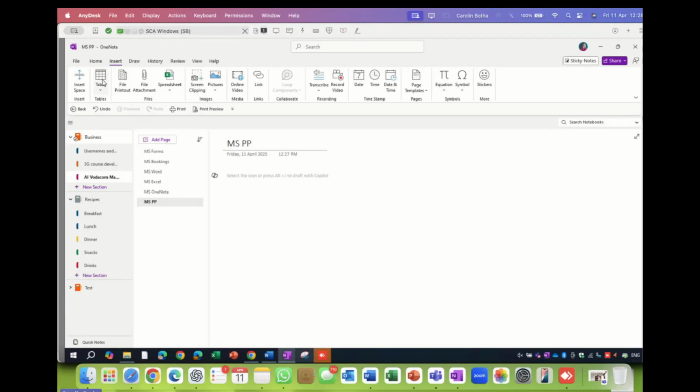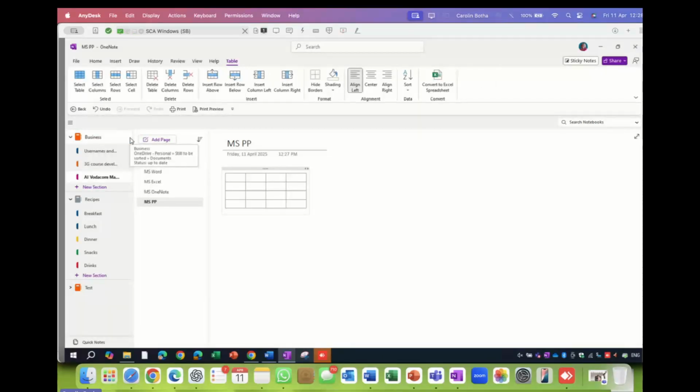I showed you yesterday how to insert a table in Word. It's exactly this. It was very briefly shown. I can show it works exactly the same way in OneNote. You can add a table with a couple of rows and a couple of columns. It will once again put it on a sticky note, and you can just type whatever you want in a table instead of doing plain text. And as you can see, as in all the other apps, you immediately get